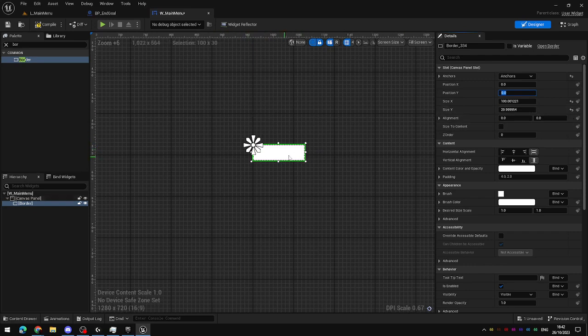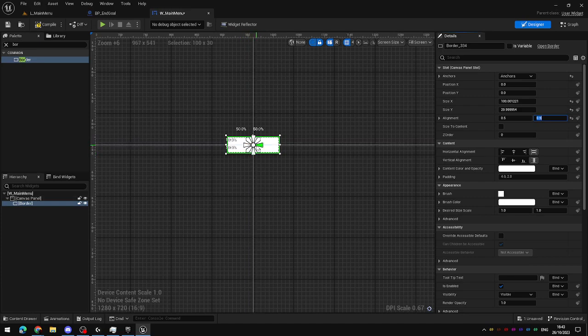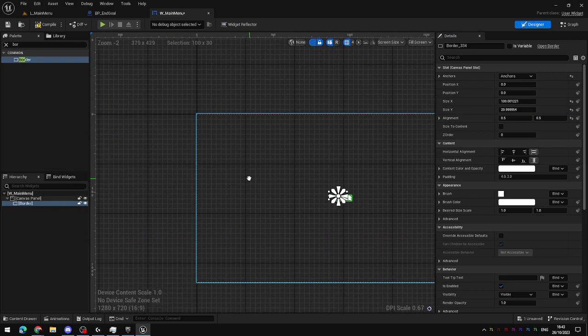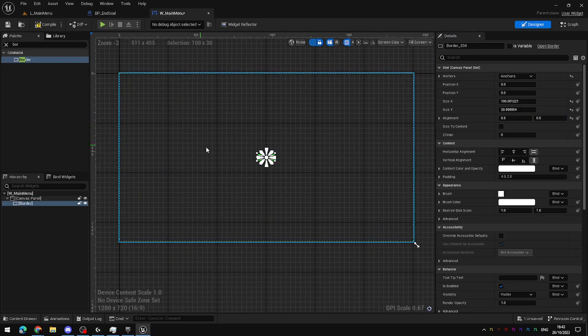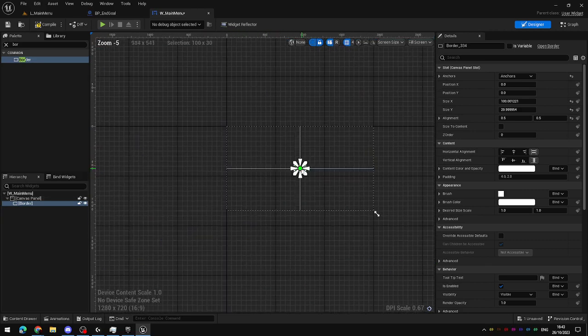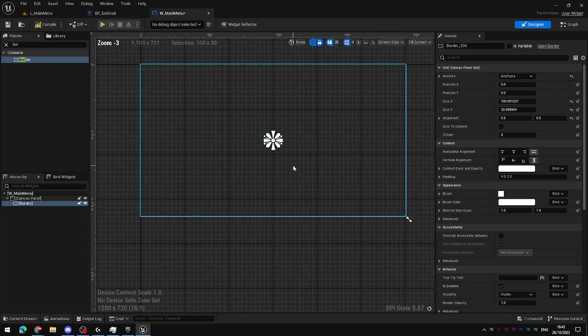To align it exactly over the center, I can offset its alignment by half in both the X and Y axes, and now you can see, rather than it being anchored to the top left, which is the natural anchor point when we first dropped this border into the canvas, it was right up here in the top left. That's the natural anchor point for it. Now it is centered perfectly in the middle of the screen, no matter what device we then play this game